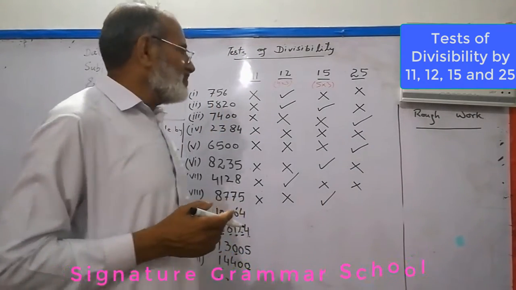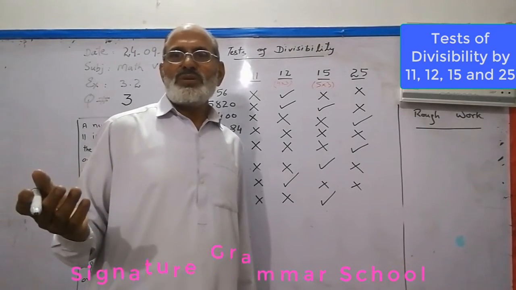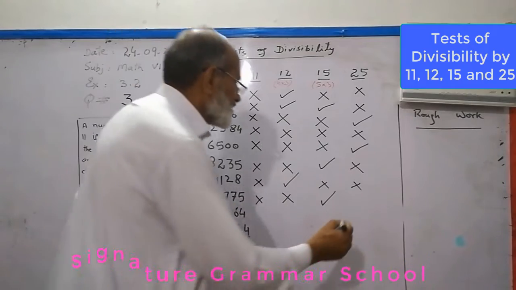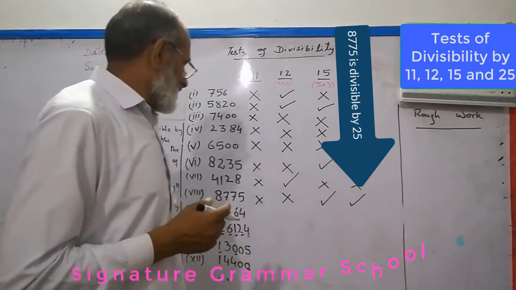And 75 comes in the table of 25 because 25 3s are 75. So this value is again divisible by 25 because the condition is met. Here,